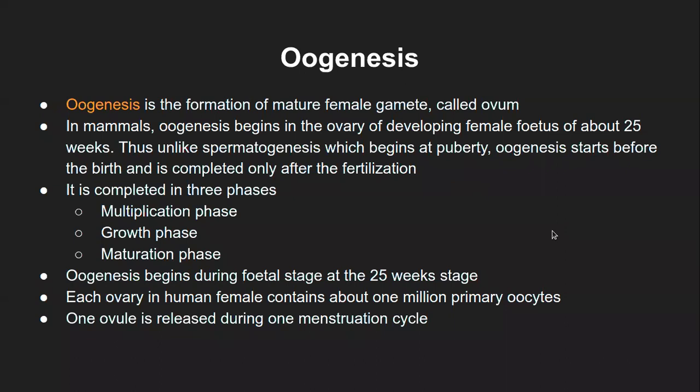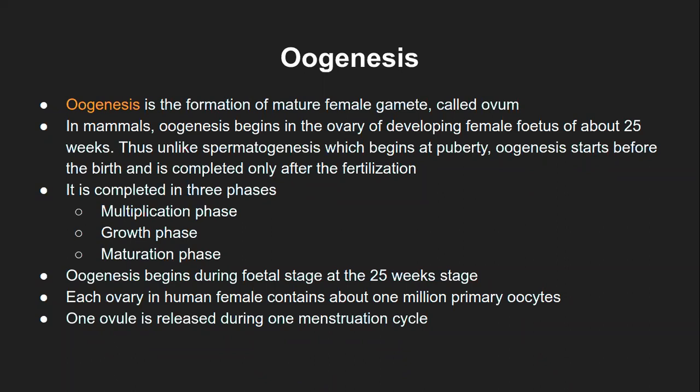And with that, we finish the whole of the male reproductive part, in terms of the physical structures, how the sperms or male gametes are produced, and the complete process along with the structure of the gamete, that is the sperm. Now we are going to look at the process of female gamete formation, which is called oogenesis. And at the end, of course, we will look at the structure of the ovum.